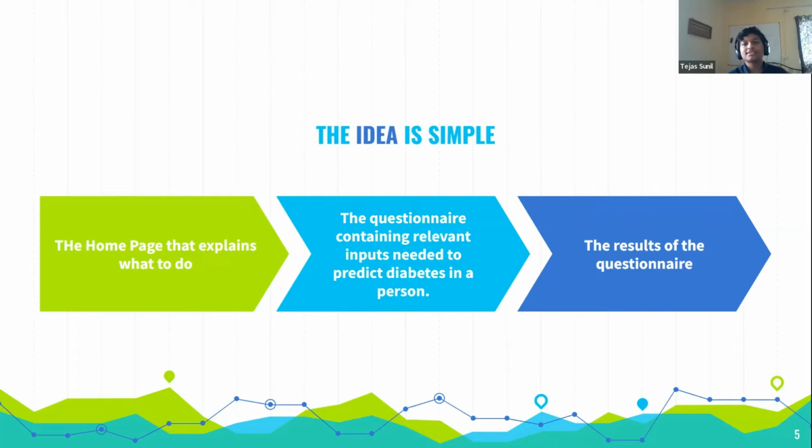Now, what is in the result that's so powerful in helping with diabetes? Well, first and foremost, I've used machine learning here such that it can predict whether or not you have diabetes, pre-diabetes or type 2 diabetes. And moreover, it also will tell you how much your risk is of getting diabetes and of getting pre-diabetes. This way, you can stay safe from it. In the sense, you can start making those lifestyle changes. You can start taking care of your body a bit more. Because, as they say, prevention is better than cure, and in this case, it definitely is so.